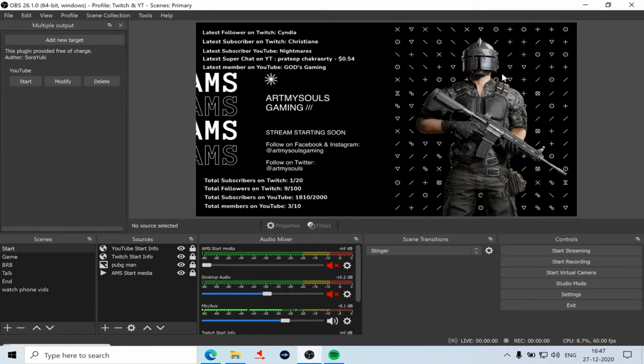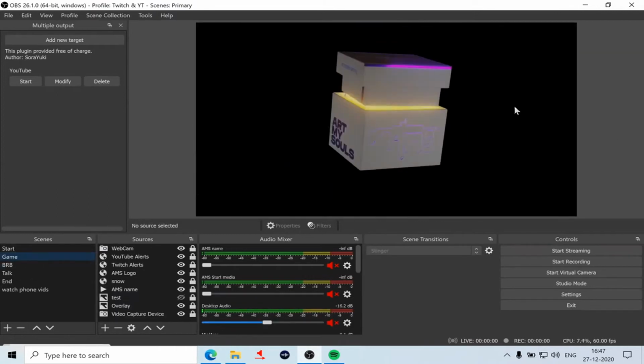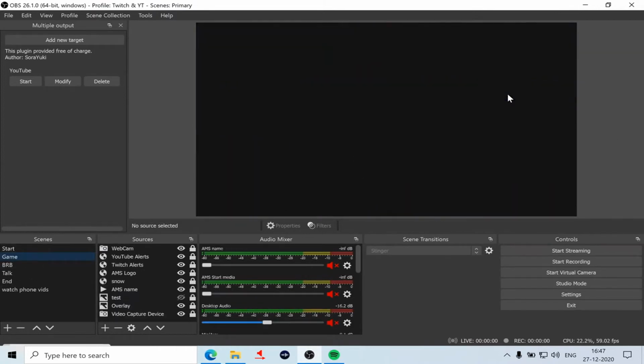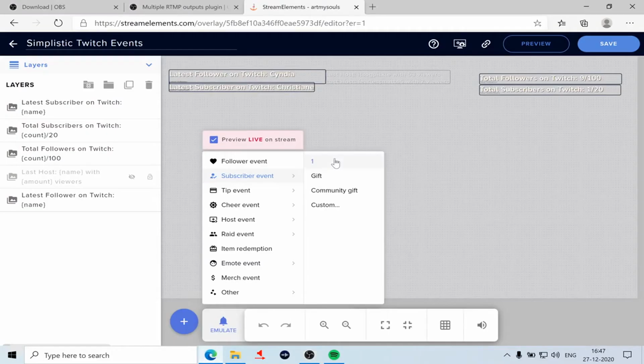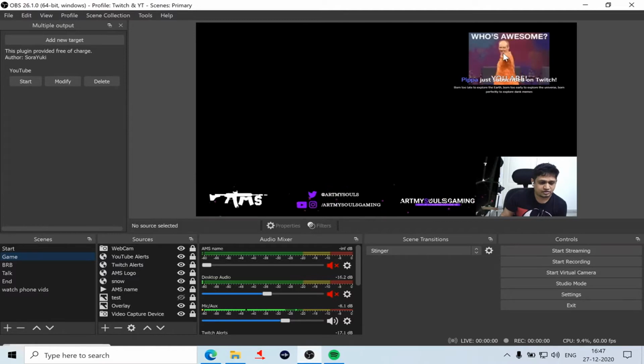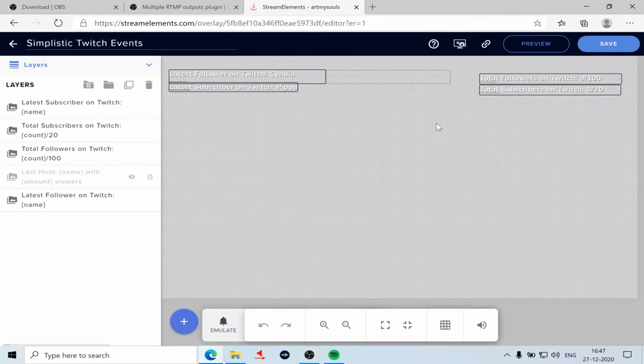Oh, my alerts are here. My bad. So when I am making any changes here, let's say I am testing one follower, you'll see this option popping up. This is what you are getting here. That's how you can do trial and error, and you'll see which works best for you. I'll move back to the start scene here.